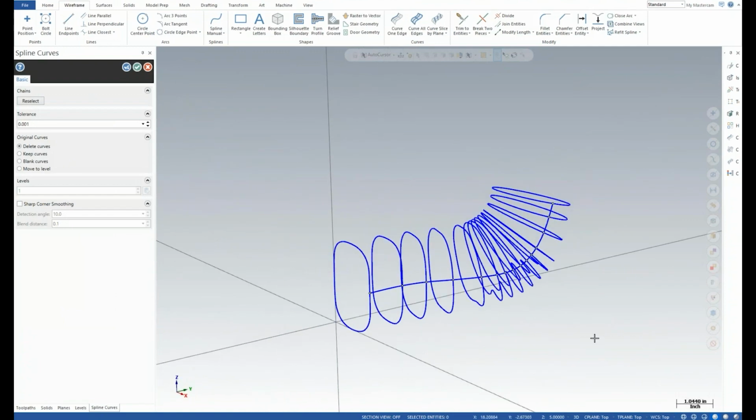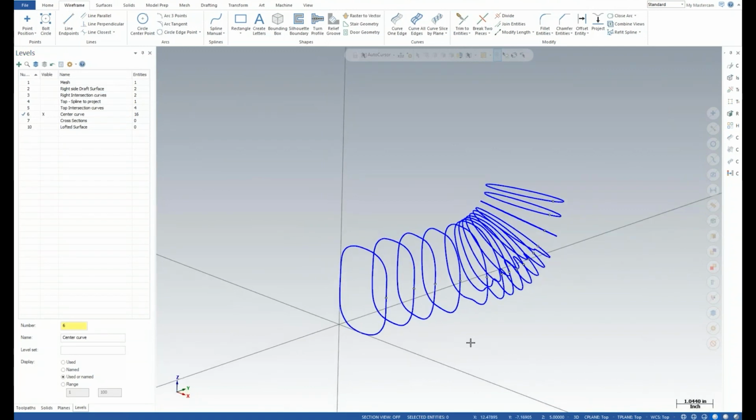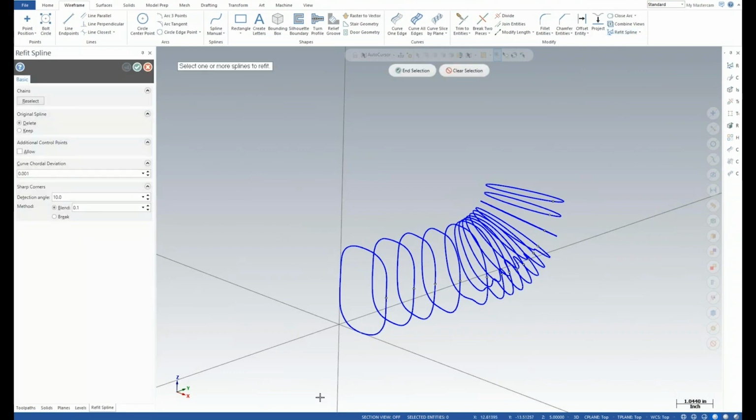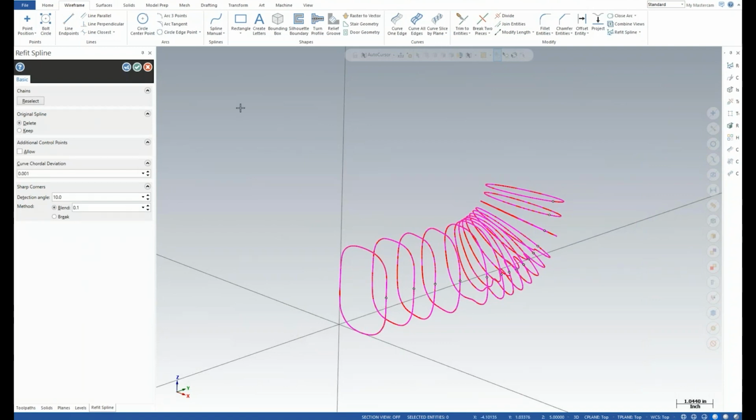So now what I've done is I've got them all going the same direction, I hope. And I'm going to turn off my right intersection at this point. Now, when we created these cross sections, we created them on the topology of the mesh itself. So it's going to have all of the flats and sharps that were present in the mesh. And we want to get rid of those to get a better quality spline. So we're going to use refit again. We're just going to select them all, run refit with the blending option, delete the originals.